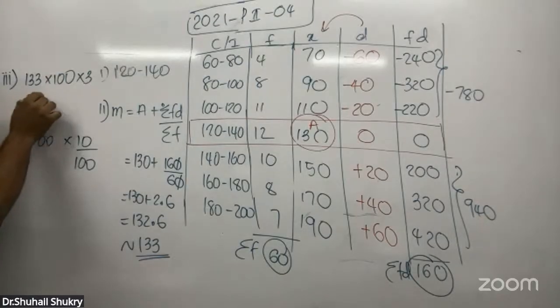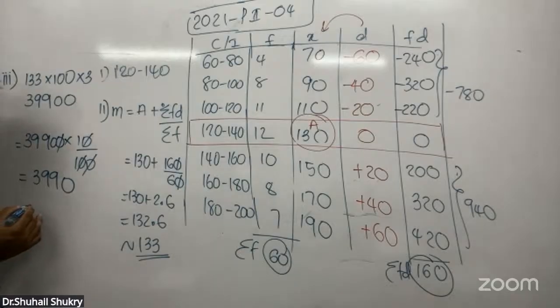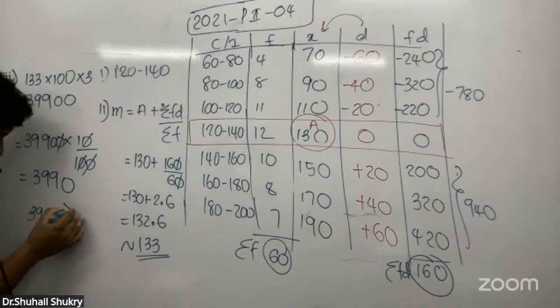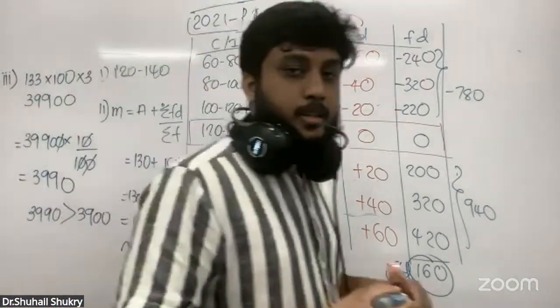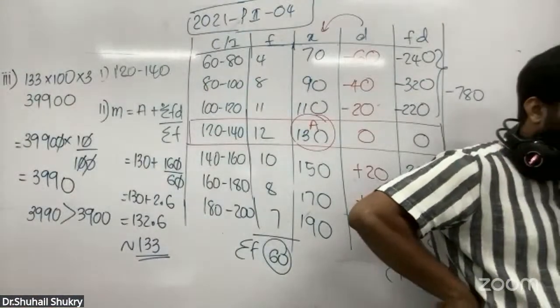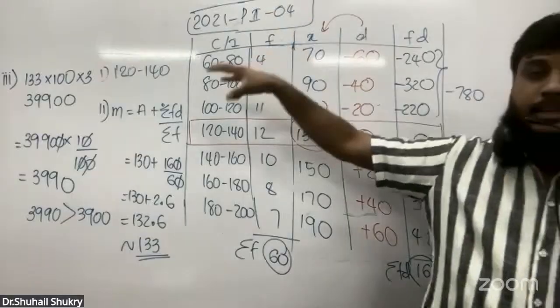399, and double zero: 39,900. From 39,900, if you take 10%, how much is it? 3,990. They have asked you to show you can save more than 3,900 units. So you have to show that 3,990 is greater than 3,900. You have to show it like this. That's it. After completing the entire question, I will